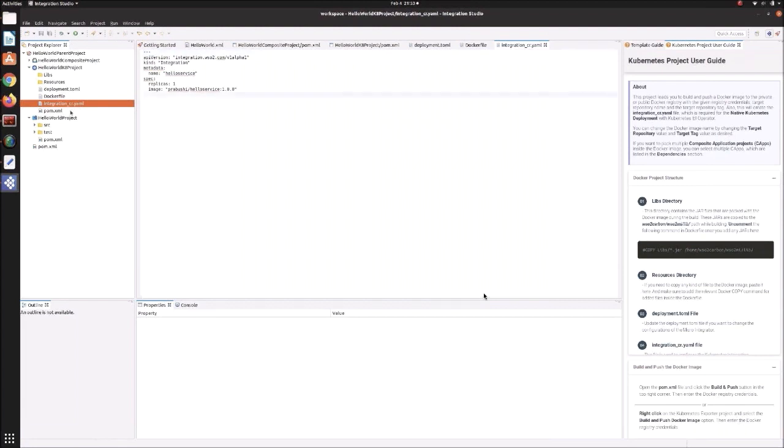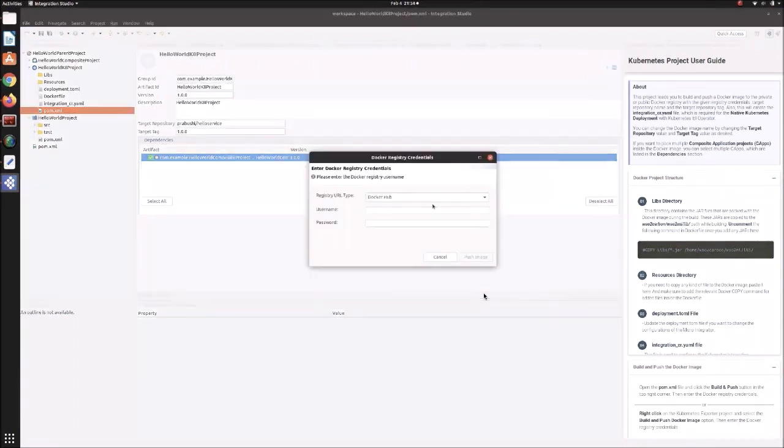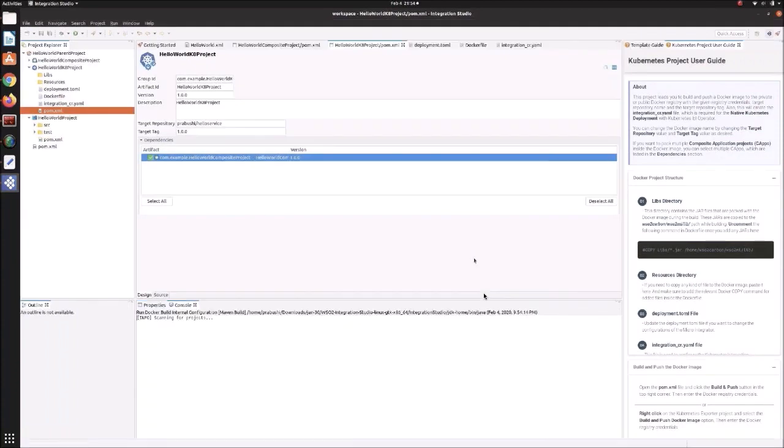And once we configure everything, let's go ahead and build the Docker image. It will ask to give your Docker repository. Here I'm using Docker Hub, and if we give the username and password, we can simply push the image from here.